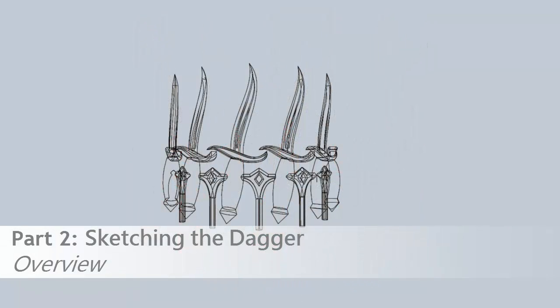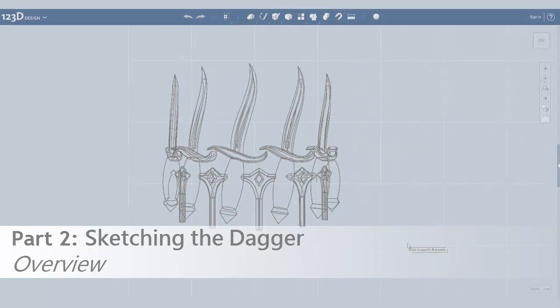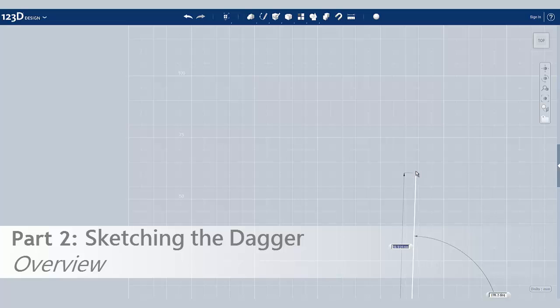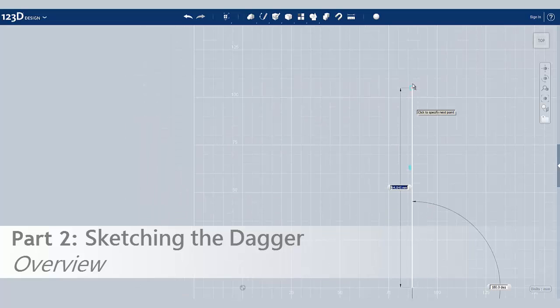So to start off, we need to figure out how tall the dagger should be. We have already measured our actor's head, and we said the crown's going to be 130 millimeters tall. So we'll create a line off to the side of our sketch that's 130 millimeters tall. This will make it so we have kind of a frame of reference and what scale we need to draw the dagger at. We will then be using the rest of the sketch tools, such as the spline tool and